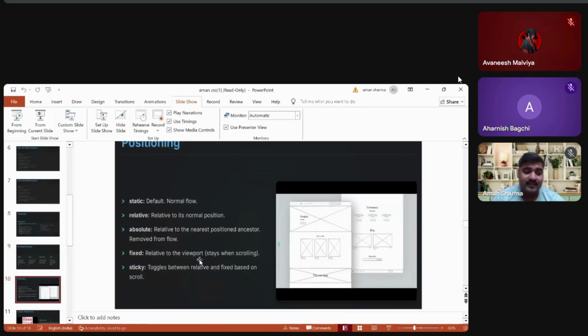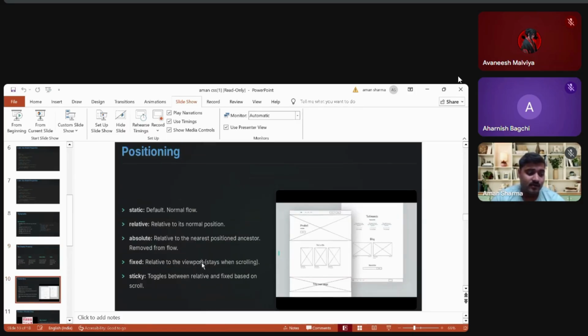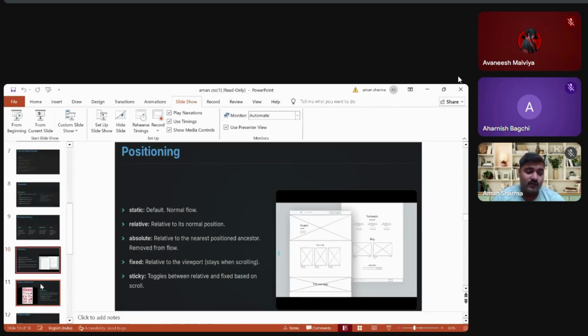Now moving to the next slide, positioning. CSS positioning helps us place an element at an exact location. There are five types of positions: static, relative, absolute, fixed, and sticky. Each type gives different control over how elements move or stay in position. Fixed elements stay in place when scrolling, and sticky toggles between relative and fixed based on the scroll. Now moving to the next slide,